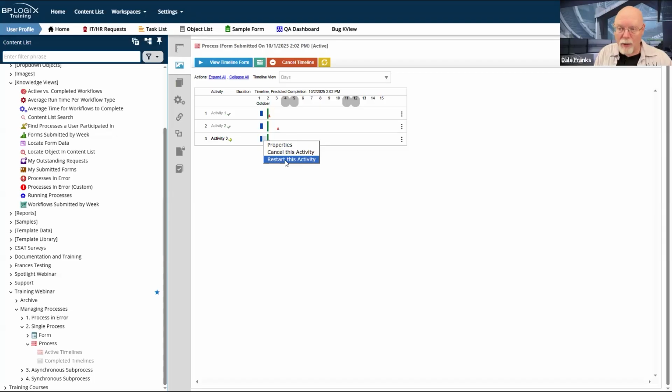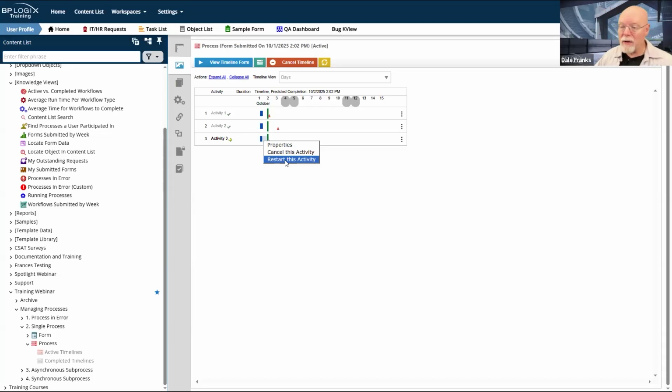If I do have to run it, how long does it have to run? What notifications do I have to send out, if any? And it goes through all of those properties to construct the activity instance. And that activity instance is only constructed on activity start. Now, a restart is an activity start.